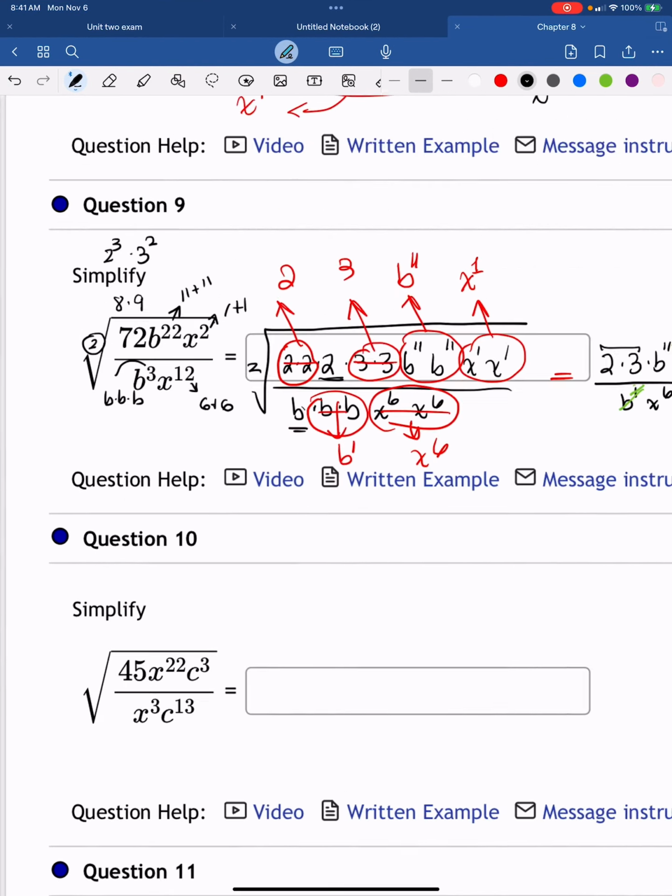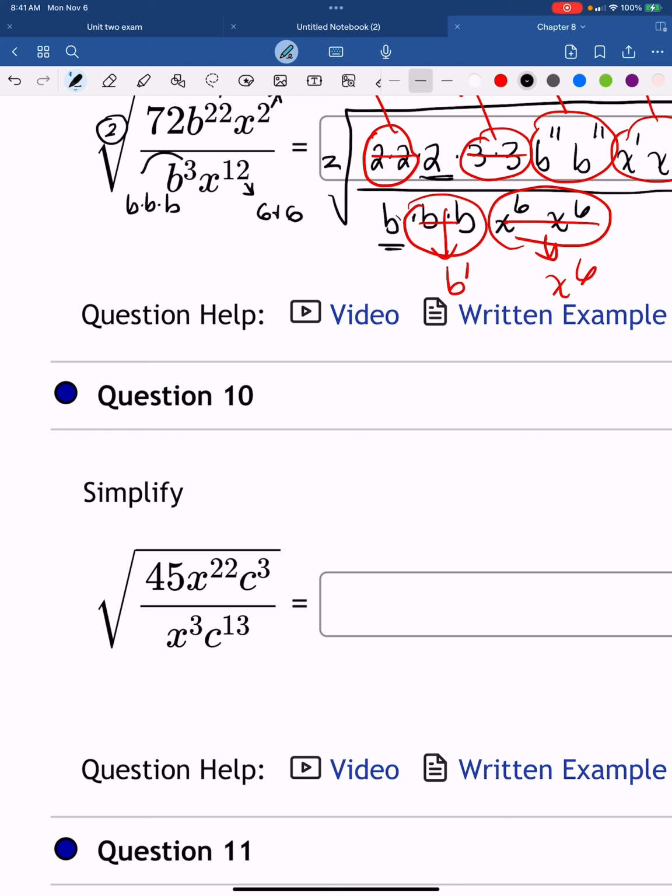So this next one, I'm going to first simplify this. So I'm going to first reduce this. I'm going to move this 3 up and subtract 3, and move this 3 down and subtract 3. So this becomes 45, which happens to be 5 times 9, which is 3 times 3. So we have 5 times 3 times 3,